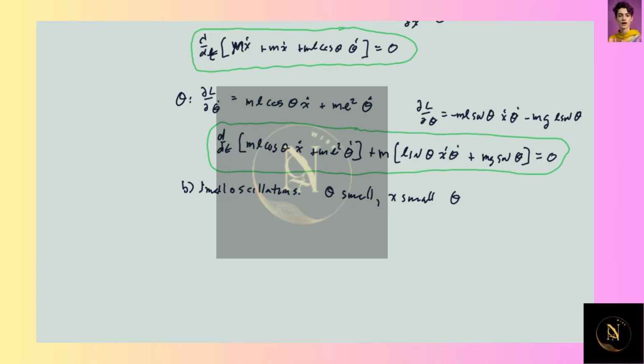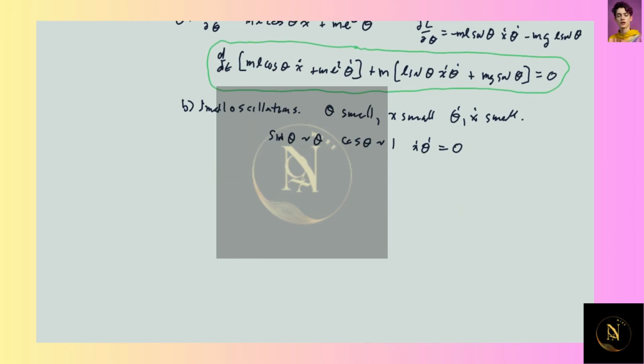But nothing's proportional to x anyway, so there's no x squared to worry about or anything like that. Because theta is small, sine theta is approximately equal to theta, and cosine theta is approximately equal to 1, and x dot theta dot is 0, because that's a quadratic term, and we're basically getting rid of all the terms that are quadratic in our small quantities. So we get